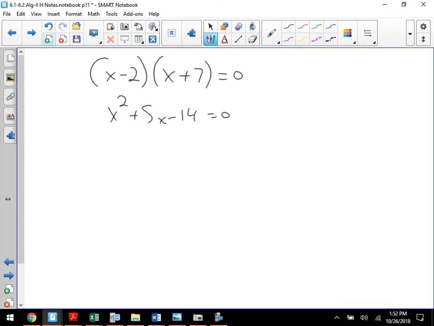2 and negative 7. Everybody okay with that? The zeros would have been 2 and negative 7. So that means that if I took my coefficients here, 1, 5, and negative 14, and I use the synthetic substitution or synthetic division, if I divide out by one of my zeros, my zeros were 2 and negative 7. If I divide out by my zero,